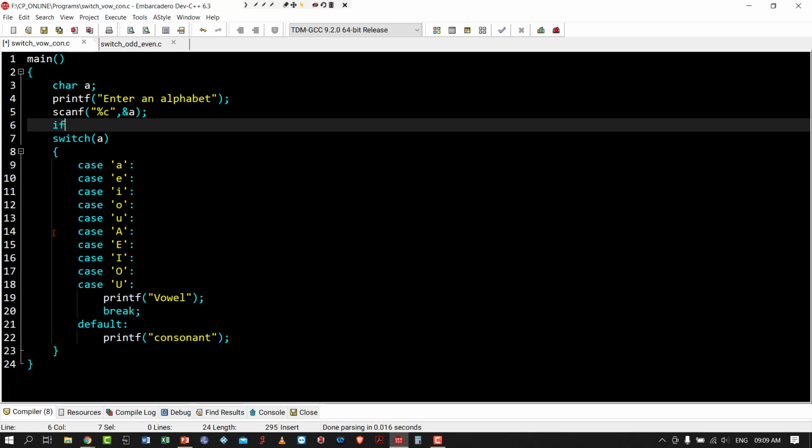So I am writing an if statement: if A greater than or equal to 'A' within single quotes and A less than or equal to small 'z' or